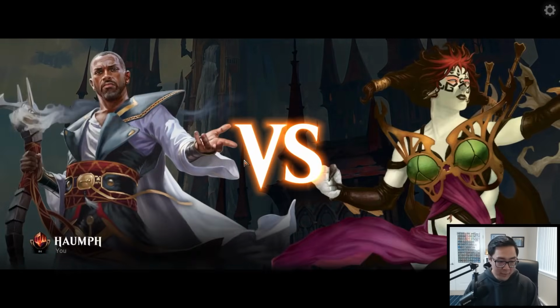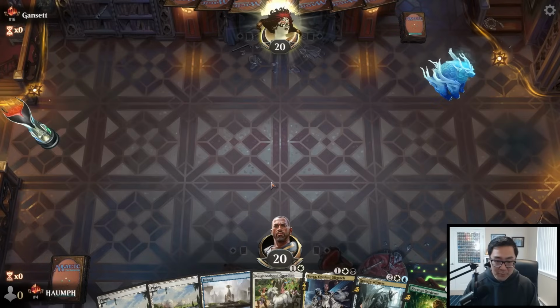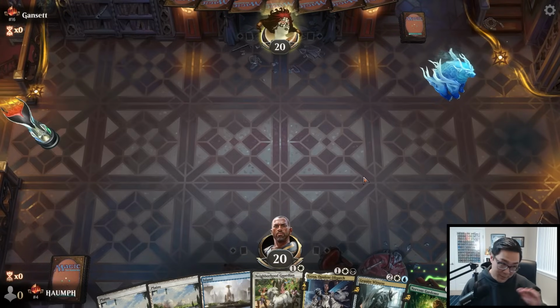Ooh, playing against a high-ranked player here. Gansett, rank 16. Die roll, please. I will keep. Yes, yes, I know. I drew my island. I know there's a Teysa. If we draw a forest...